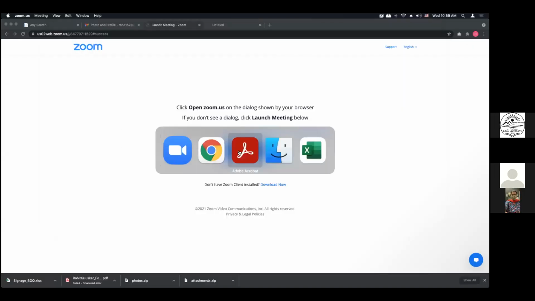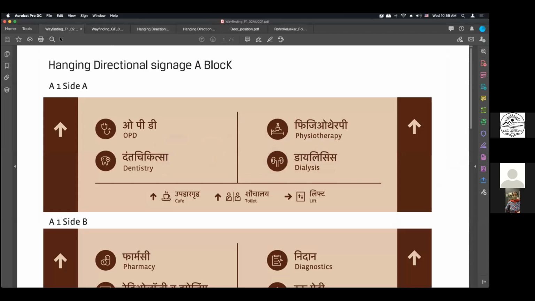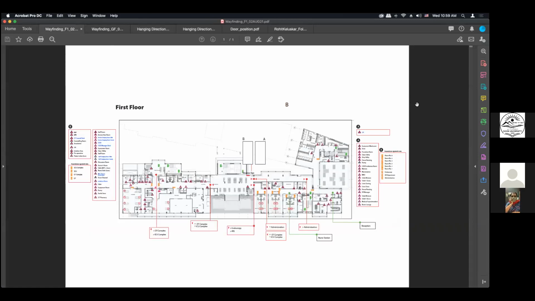Rohit, you want to check? Yeah, give me a second. I'm actually trying to change the background, but it's not giving me options. Okay. Yes, I will share the desktop share. Can you see something?